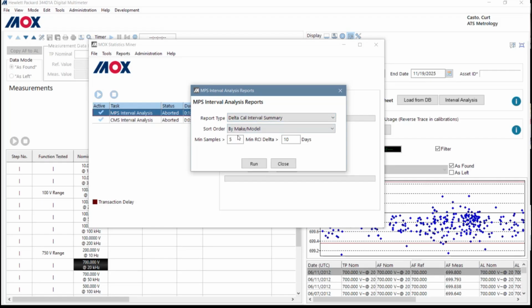Okay, so you can also tell it, in other words, don't show me unless I have at least 5 samples, and don't show it to me unless there's at least a 10-day recommended interval change. Or you can say 30 days or whatever, just so you don't have to wade through a bunch of stuff that says no, you don't have to change anything. Right. Okay. But actually what I'm going to do is I'm going to tell it instead to do it by